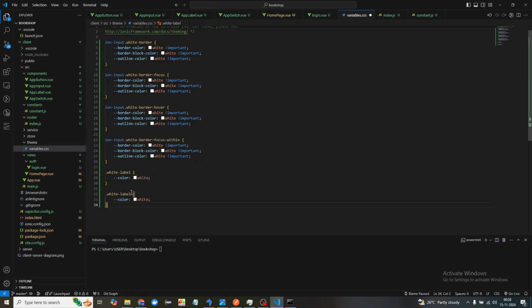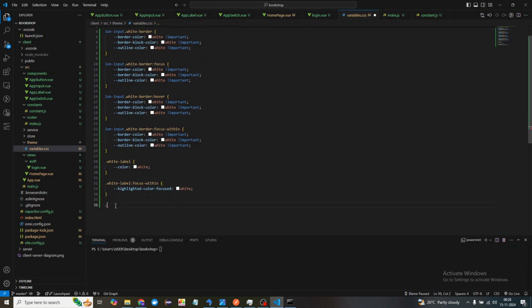I'll say focus within. Let's say hover first, and not hover, we are going to use focus within. Focus within, then this label is going to be of color white. All right, not color, this time I'm going to say the highlighted color. Highlighted color, you can say highlighted color, and then focused. All right, and then finally I'm going to say white label,